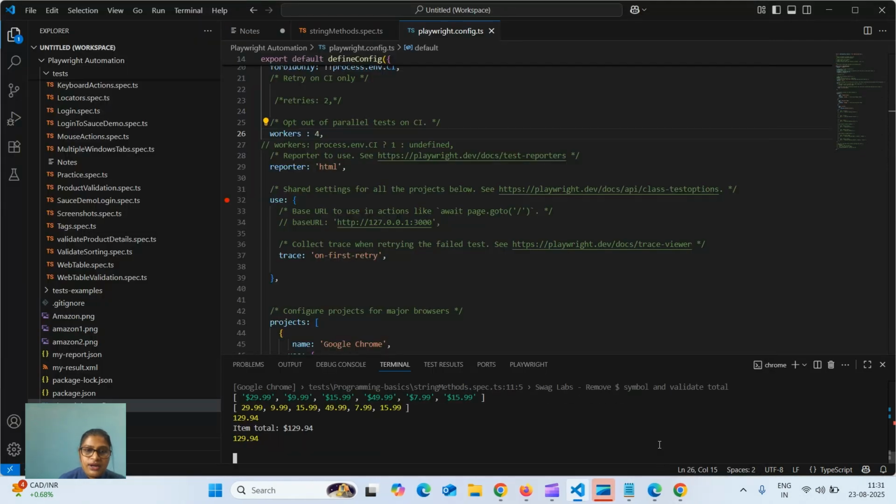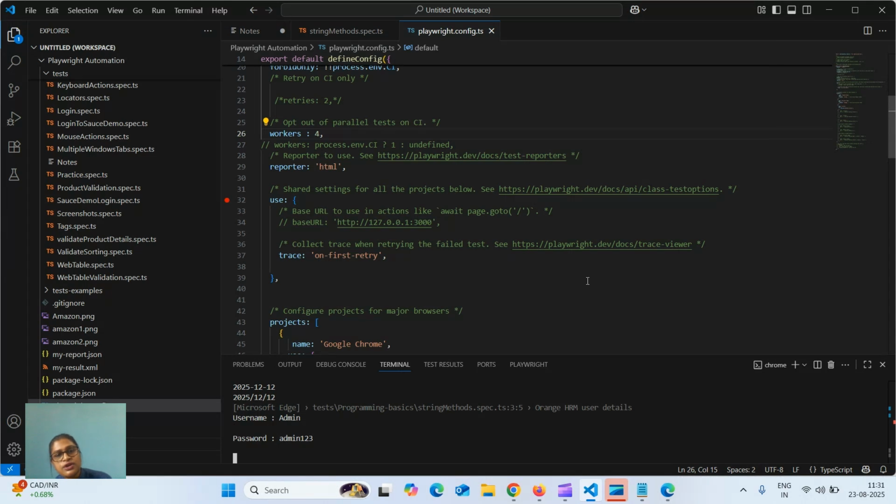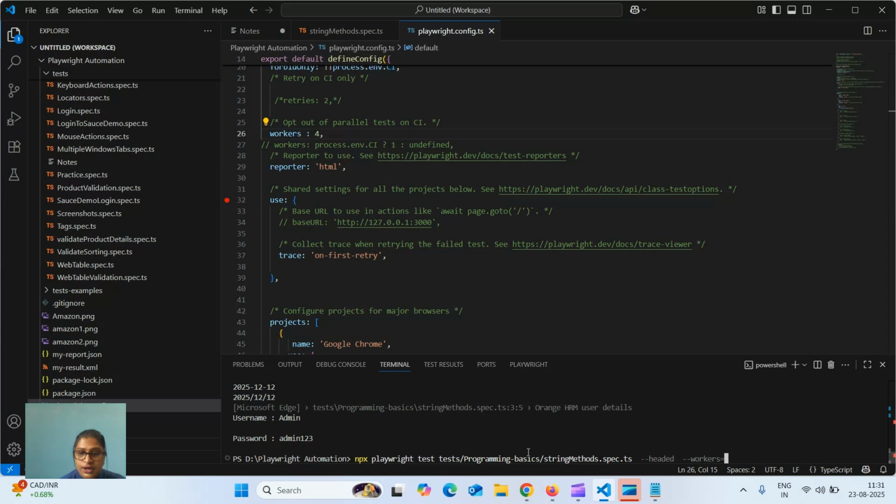Since this is executing in all three browsers, I will execute the tests only in one browser. I will cancel the execution. I will say 4 workers, or 2 workers, and I will give the option hyphen hyphen project colon